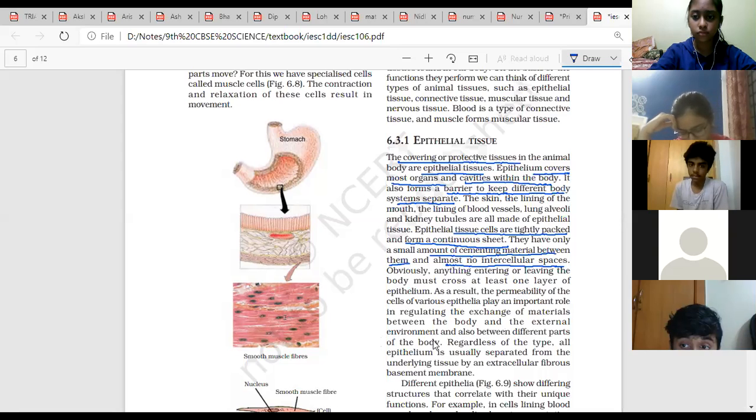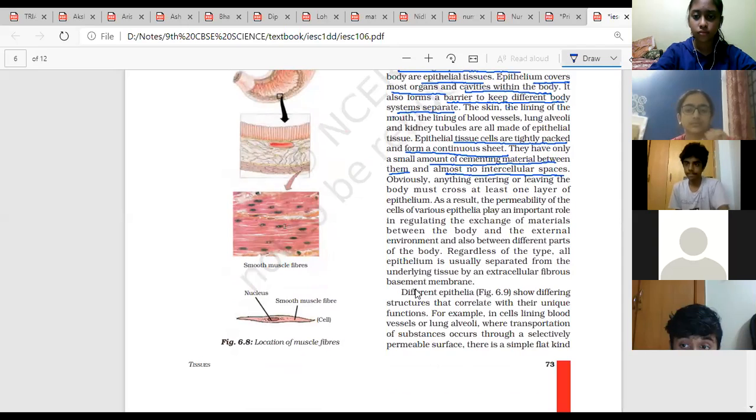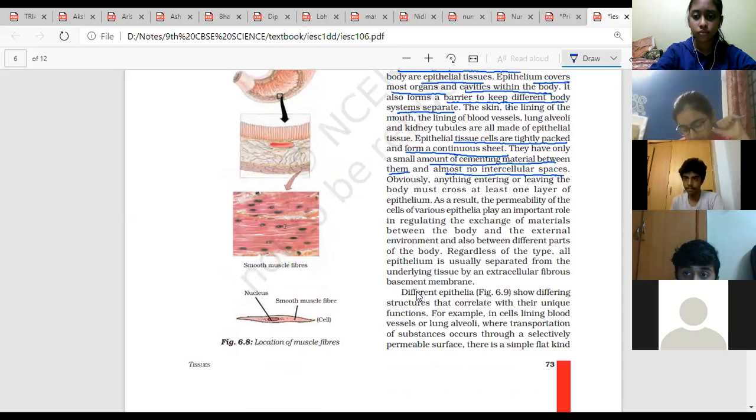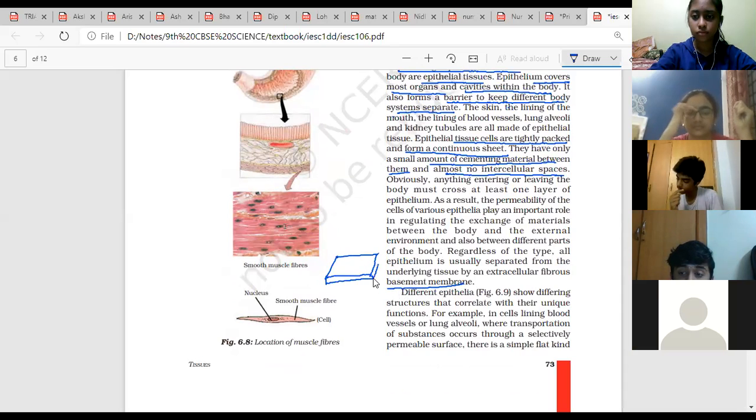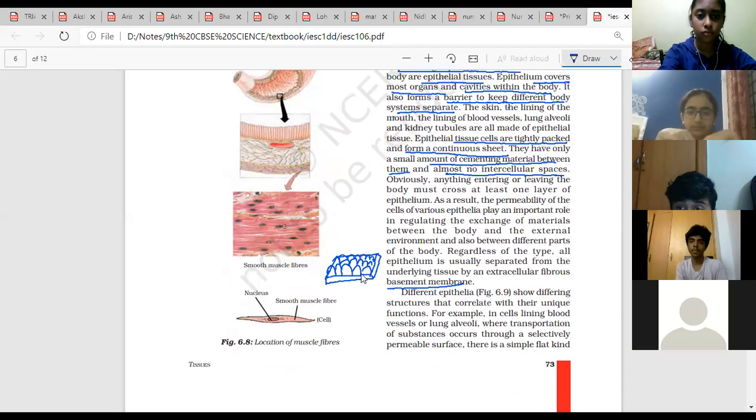So they have the basement membrane. When the cells are formed, all the cells are clustered over one cementing material. That cementing material is the basement membrane. There is a lower basement membrane present, like this is the basement, and over that these cells are present like this. It is exactly a similar structure: the ground, a cuboidal ground, and over that grasses are growing. That structure is a basement membrane.